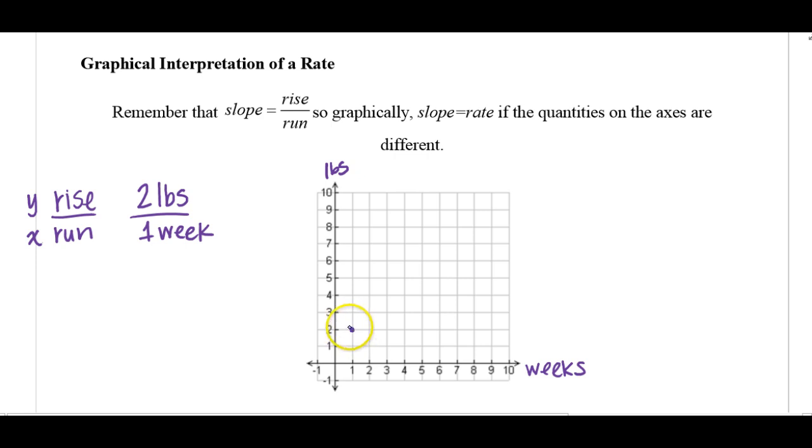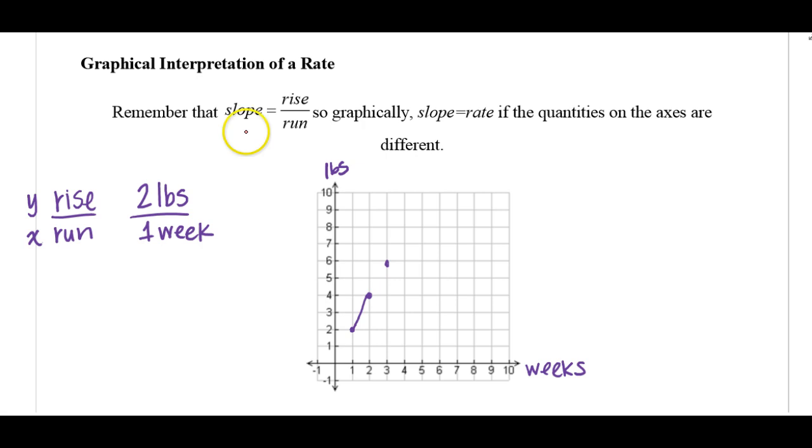From that coordinate point, I can figure out how many pounds I would have lost after 2 weeks. After another week has passed, I would have lost another 2 pounds, so I would be up to 4 pounds total. I'll mark that point on the graph. And after 1 more week has passed, so now I'm at 3 weeks, I would have lost another 2 pounds. So we can see that if I were to connect the dots, my average weight loss between week 1 and week 2 would be 2 pounds, which translates to rise